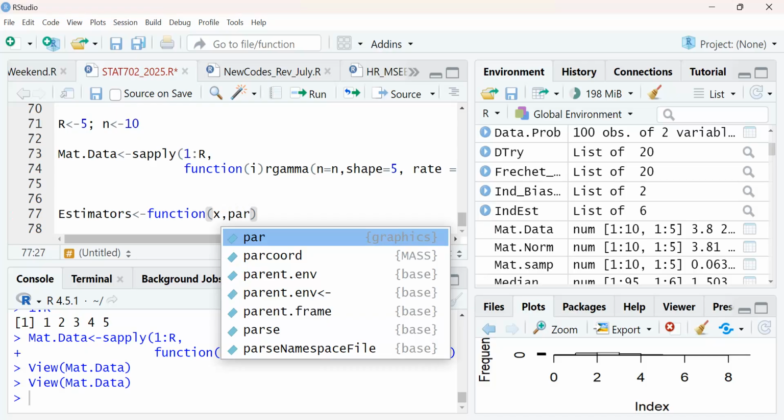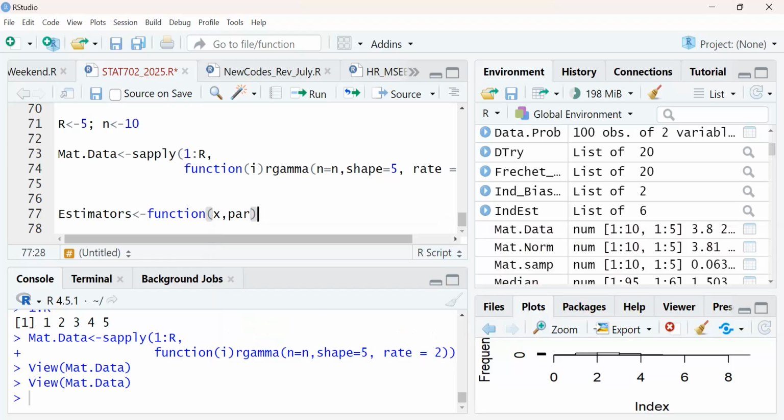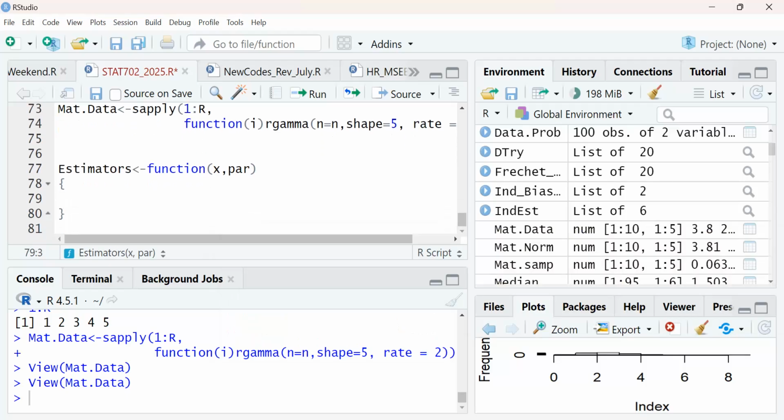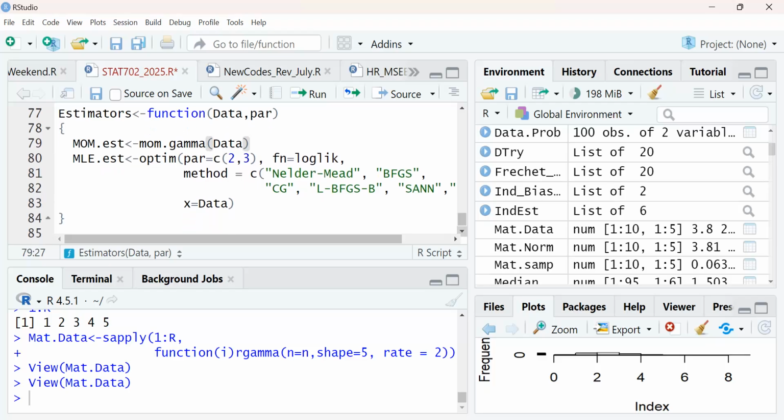Remember that the maximum likelihood would need parameters, but the moment doesn't need anything. So we put that one here, then this one has to be data.